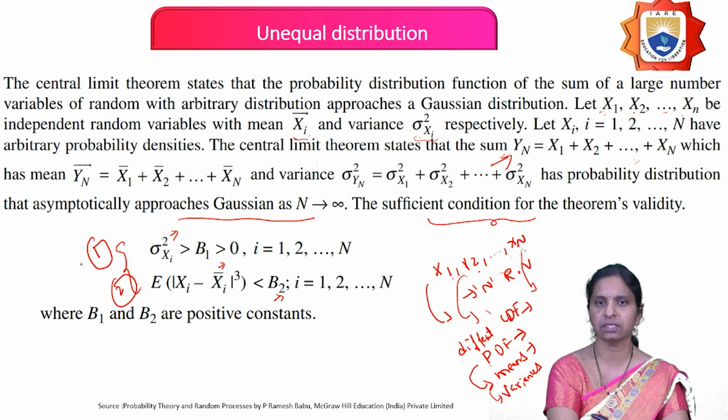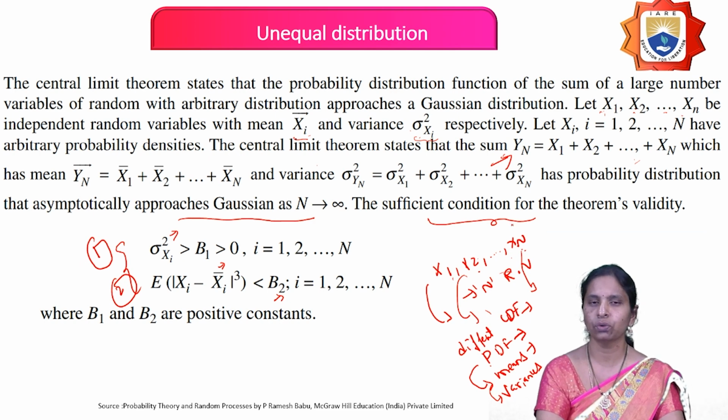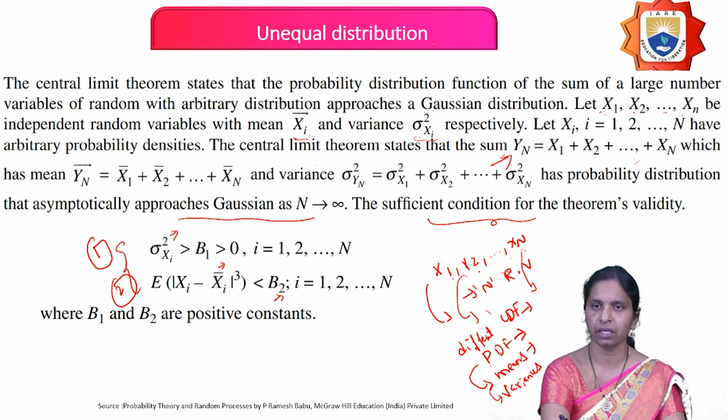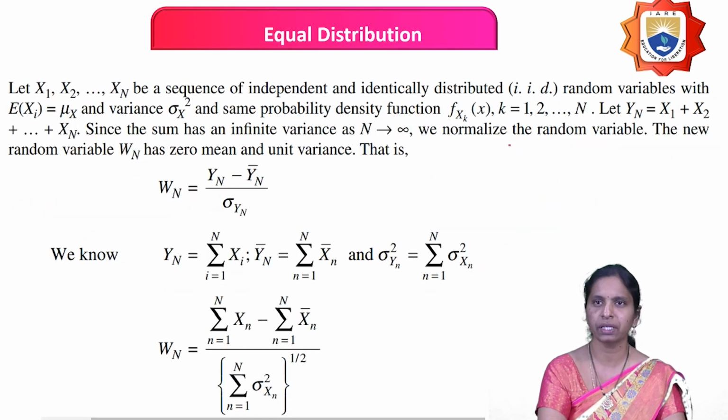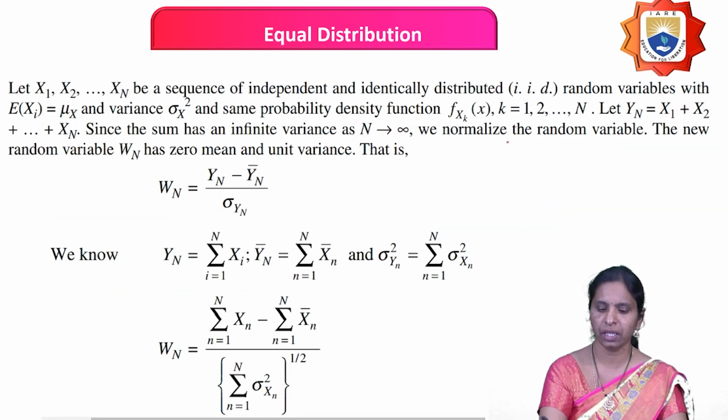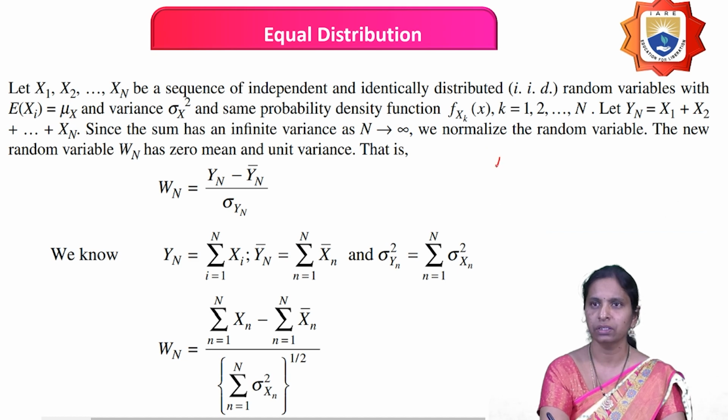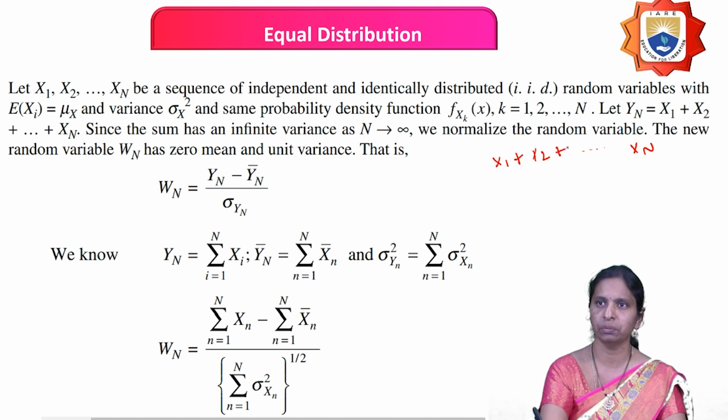Therefore, these are the sufficient conditions to prove the central limit theorem in case of unequal distribution conditions. And when you go for equal distribution, in a similar manner, first we take n number of random variables x1, x2 and so on up to xn. After that, we add all these random variables so that we get a new